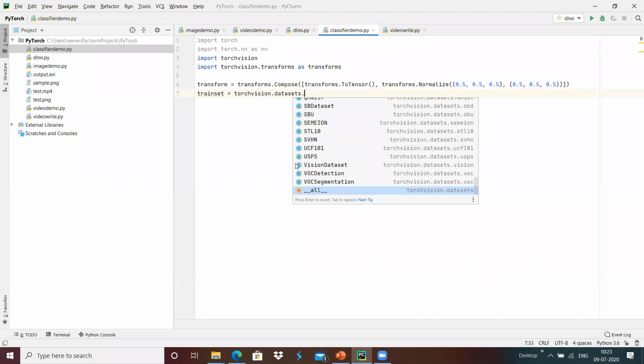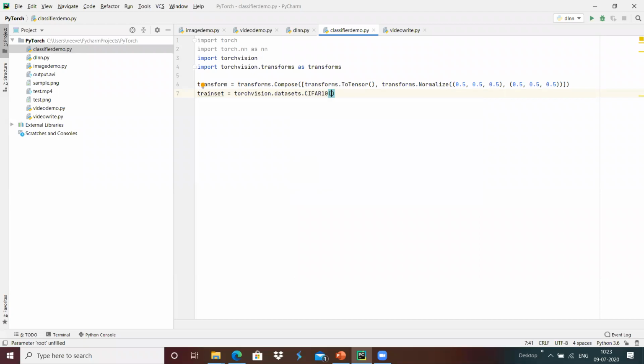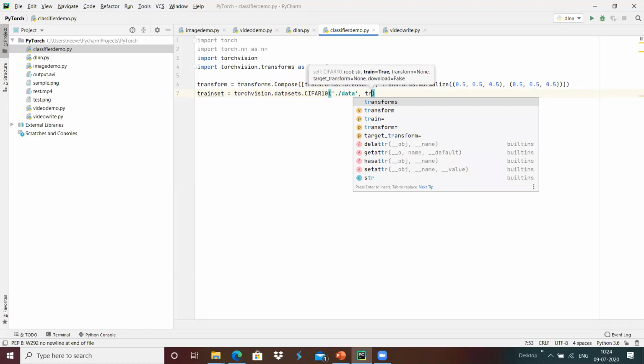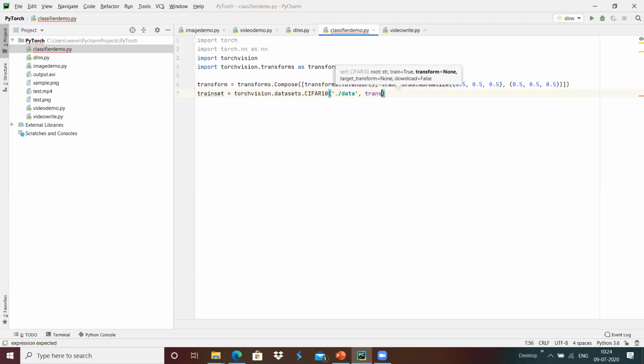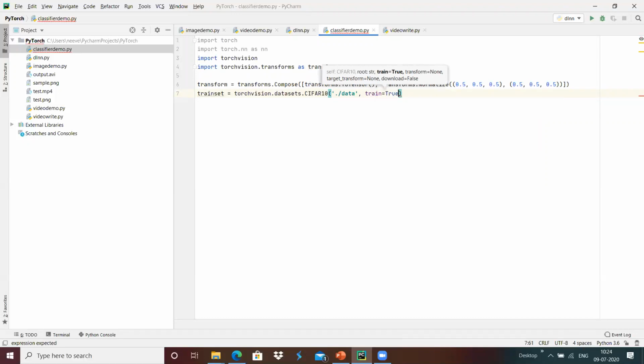I'm going to use CIFAR10 as the dataset over here, which is going to be present inside the current data folder. And it has an option whether it is a training data set or a test data set. In case of train, here we are loading a training data set. Because of that, I'm going to set train equals True over here.